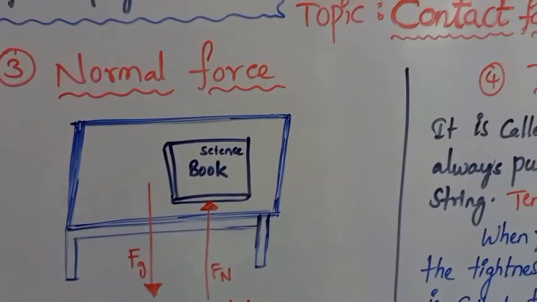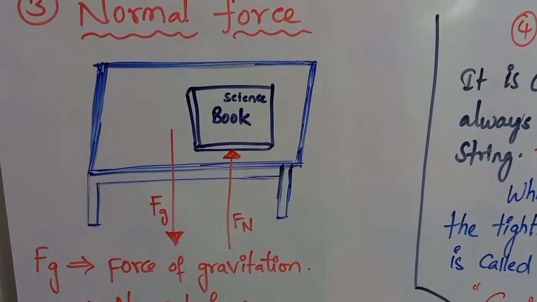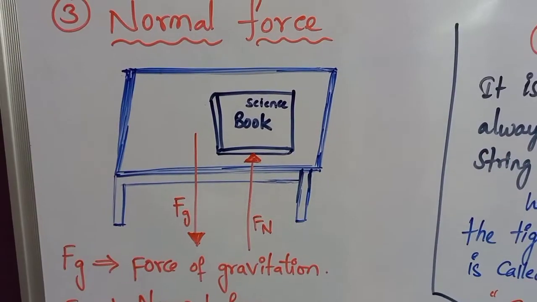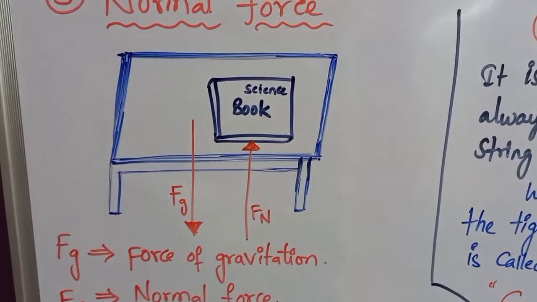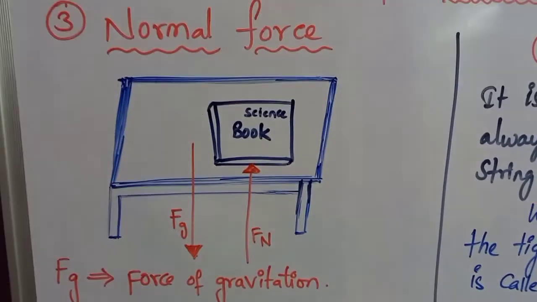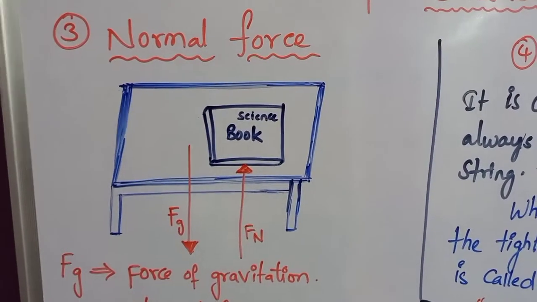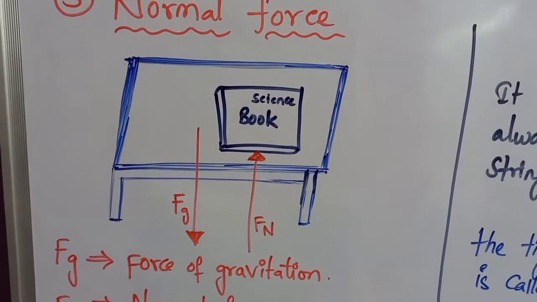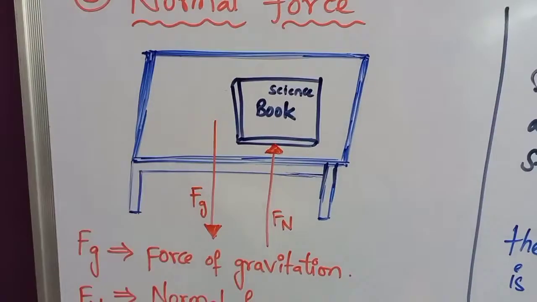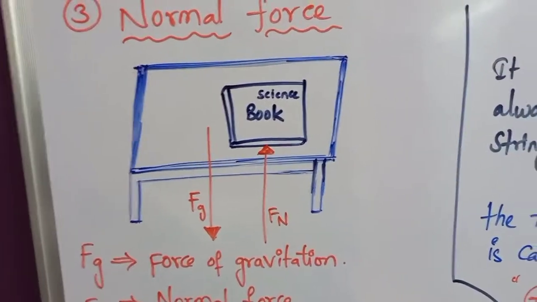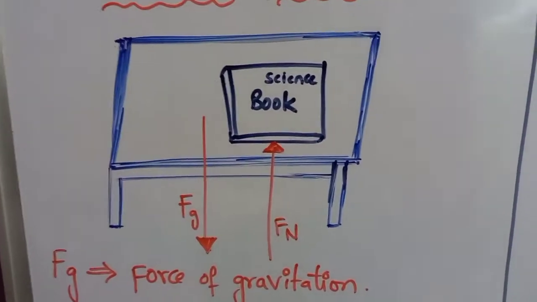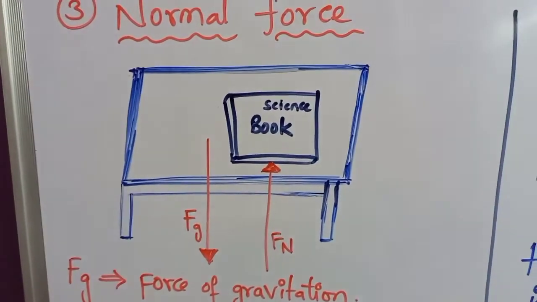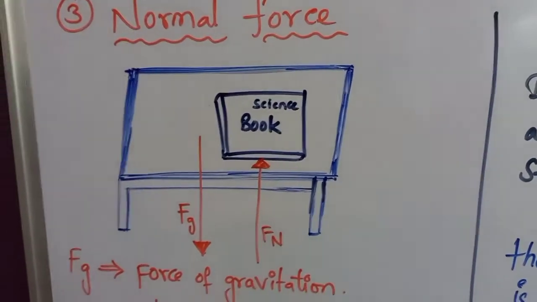Even when the book is lying on the table, gravity pulls the book down all the time. But it does not fall down because it is supported by the table. Therefore, there exists a force which supports the book against gravity by pushing it in the upward direction. What do we call this force? That force is called normal force. The gravity is acting in the downward direction, whereas a certain kind of force is acting in the opposite direction of the force of gravitation. Hence, the book does not fall down.